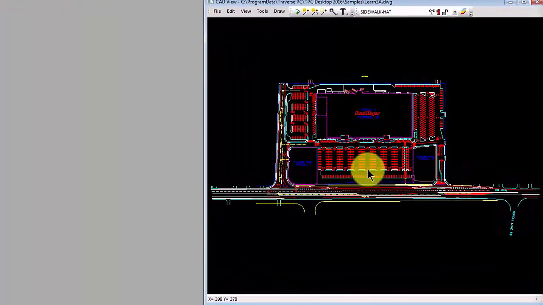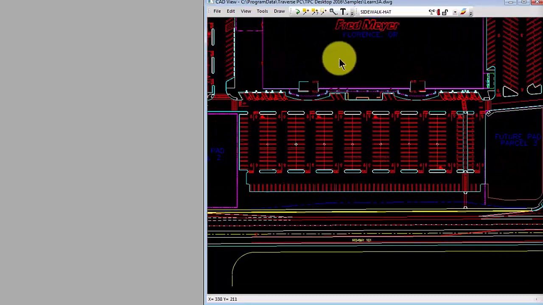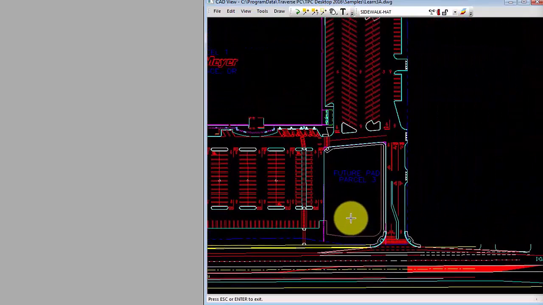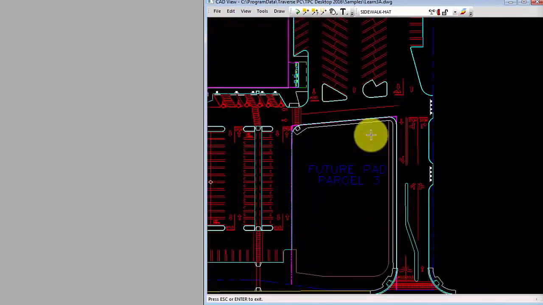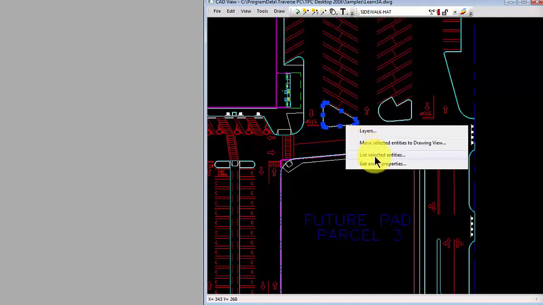what's in here. Now, I can use the wheel, of course, to zoom in, zoom out. I can come up here and tell Traverse PC I want to pan around. And I'm primarily interested in these curb lines right here. Maybe I've got to go stake those out here. And I want to go ahead and tell Traverse PC then that I want to take a look at those. And it's real easy for me then to just pick one of those curb lines like that. You can see the grips that come up on it. And then with the cursor over those grips or really close to it, just tell Traverse PC I want to